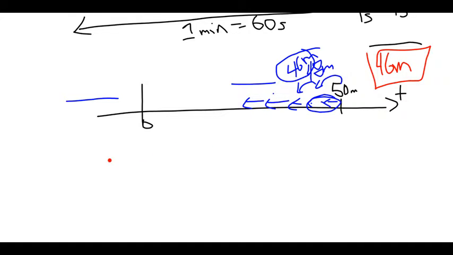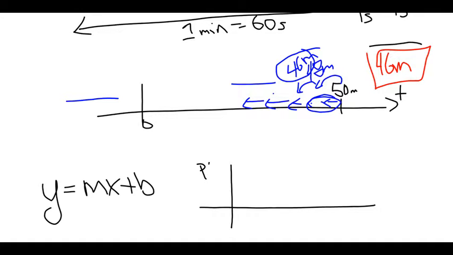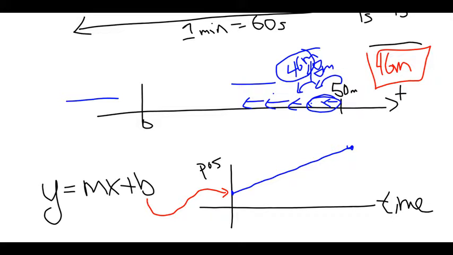Question 4, using slope-intercept form, blast from the past, y equals mx plus b. Try to write an equation for final position in terms of initial position, time, and velocity. So if we had something like this, so this is position, and this is time, and we had a line like that. So you're definitely familiar with y equals mx plus b, where b is the y-intercept and m is the slope. And from last week and the week before, you know that when we have a position and time graph, the slope is, you guessed it,